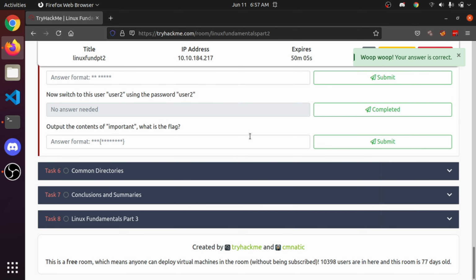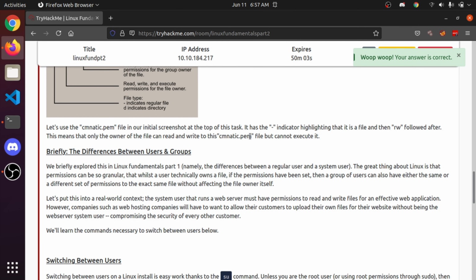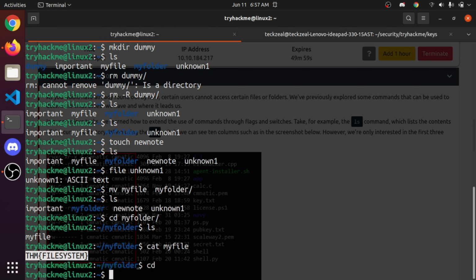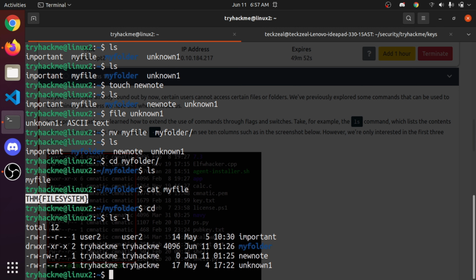Permissions. Okay, if we are using, for example, just go back, if you're using ls -l, list of the files, you can see some types like here hyphen rw hyphen. So what are these things? Mostly the first one denotes whether it's a file or a directory.